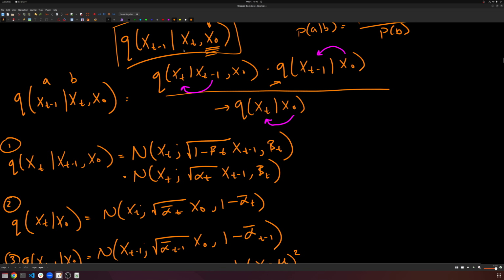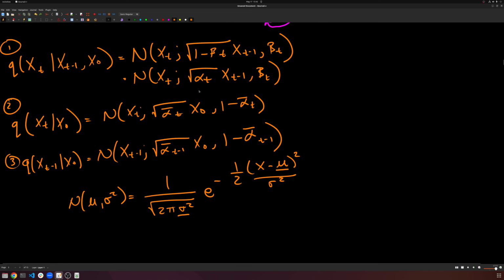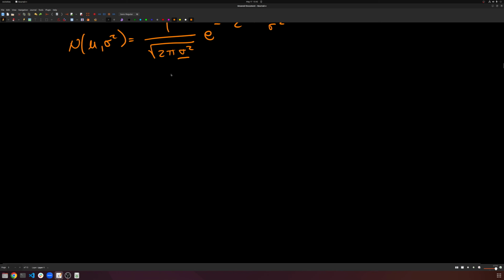So the first one is x_t given x_{t-1} and x_0, but we don't really care about that right now. That's going to be this form right here with this mean and this standard deviation, right? That's what we have. So let's write it. It's going to be equal to